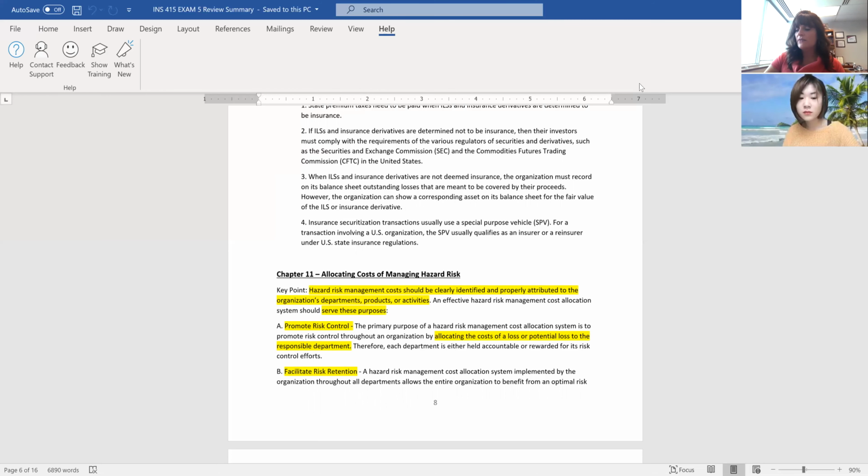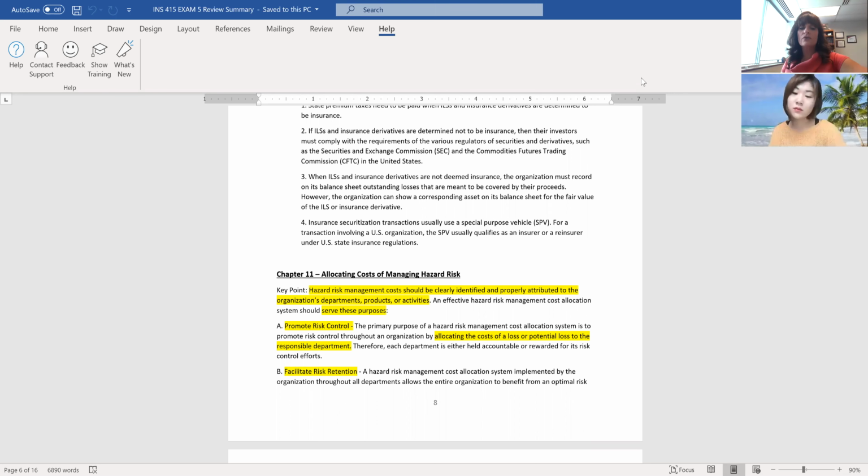It's things to think about if you're a risk manager that you would need to do to allocate that's fair. So whatever allocation method you come up with, you want to promote risk control. You want to make it where if a manager in an operating department sees a charge on their financials, on their balance sheet or income statement, they want to be able to control that. If they don't have any control, they're going to ignore it. You want them to try to minimize losses. So you want to promote risk control.